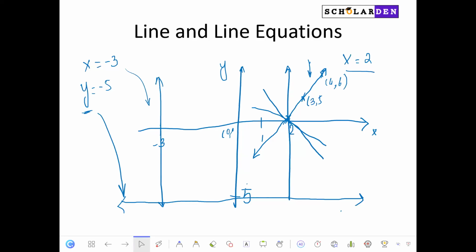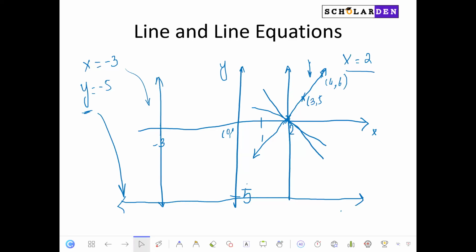You're free to share your answers in the chat. This is going to help us exchange ideas and know if there is any question or if there is anything that I need to repeat. Okay, so look at this y-axis over here. Where does it cross? It crosses at x is equal to 0, right? We said any line which is drawn with a single value of x is always parallel